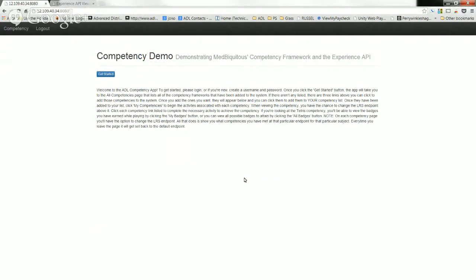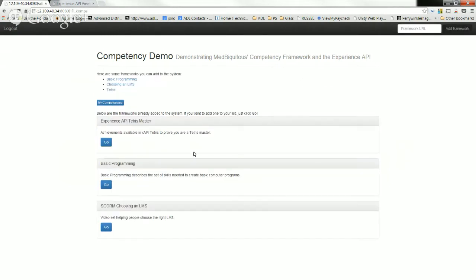Okay, so like Jono said, the first attempt was just, can we satisfy it, and can we identify that somewhere in the Experience API so that we know that the statement identifies the success of a competency. So we created a basic programming competency, since it was pretty straightforward for programmers to come up with that.